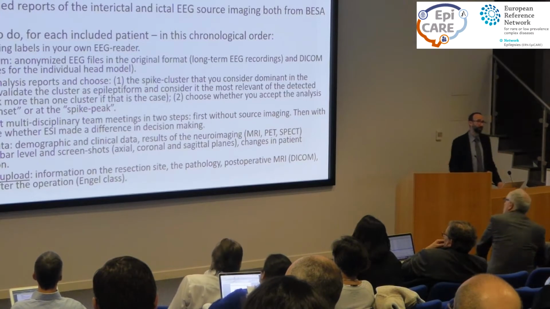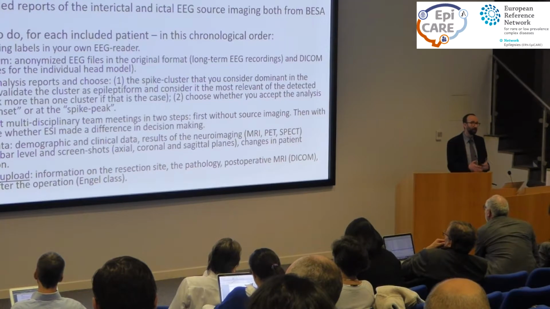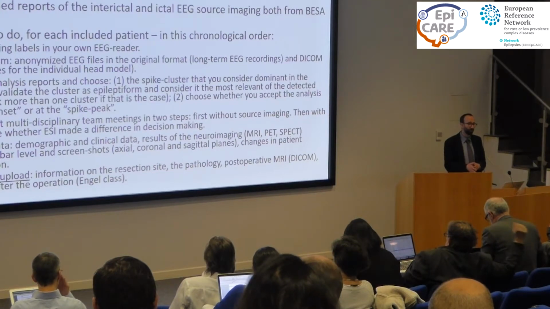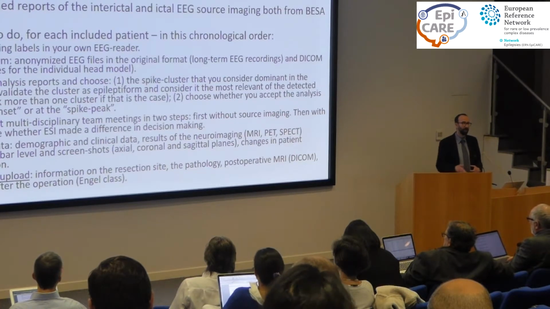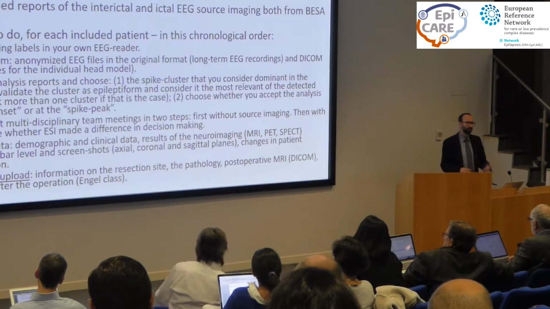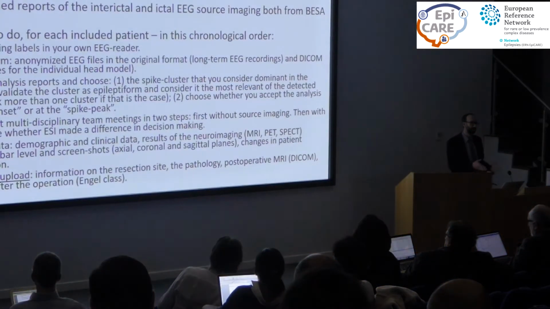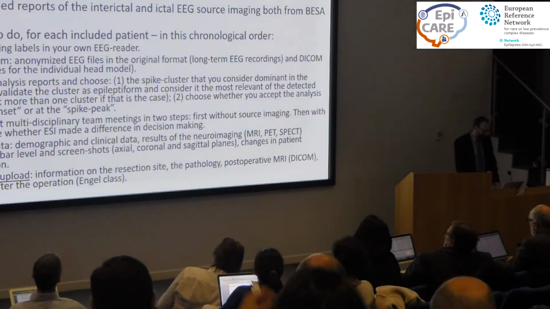So this is a very, very short description of the project. So the idea is that you would upload to a secure database, again, anonymized data, which are long-term monitoring data and diagram files of the patient. And then you will receive in return the source imaging from the 2 centers. And then there will be 2 parameters that we monitor for outcome. One will be the post-operative outcome 1 year after the operation, and the other will be the clinical utility. So what is the impact of these sources, the source images that you will receive? What's the impact of them on your decision-making process?